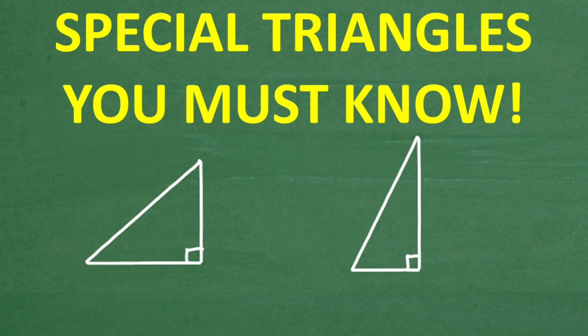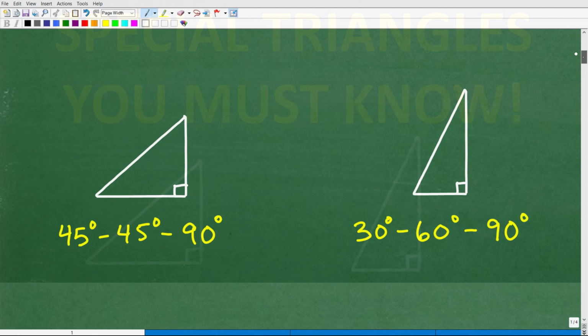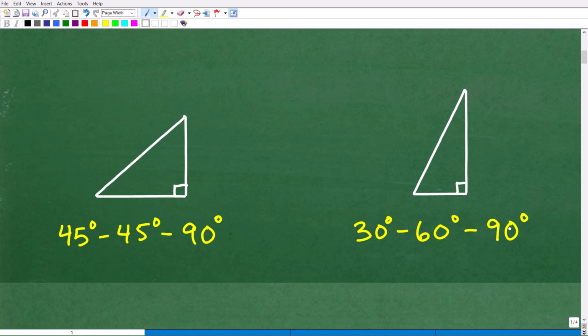But anyways, I sketched out these triangles without telling you too much information here. This is the general shape of these particular triangles. And I'll give you a clue right now. This little symbol right here means that these triangles are right triangles. We're talking about two special right triangles. So let's go ahead and tell you the answer. We're talking about a 45, 45, 90 and a 30, 60, 90, these two unique special